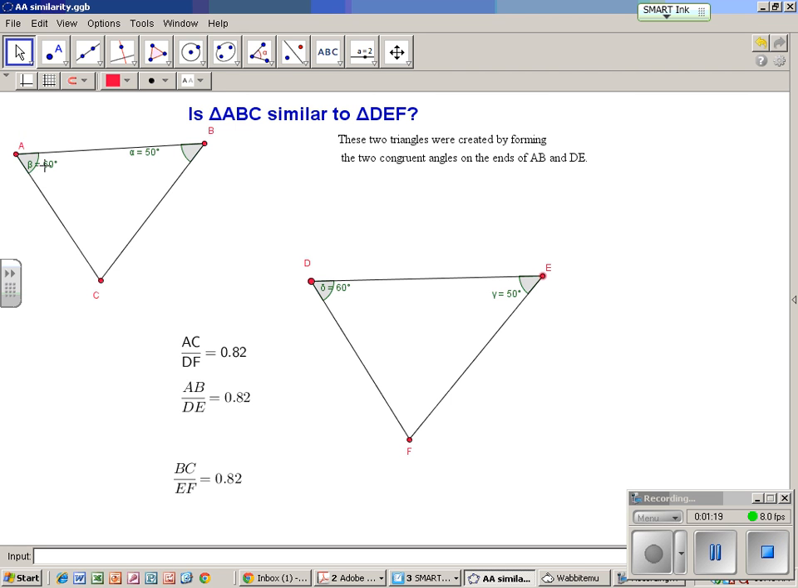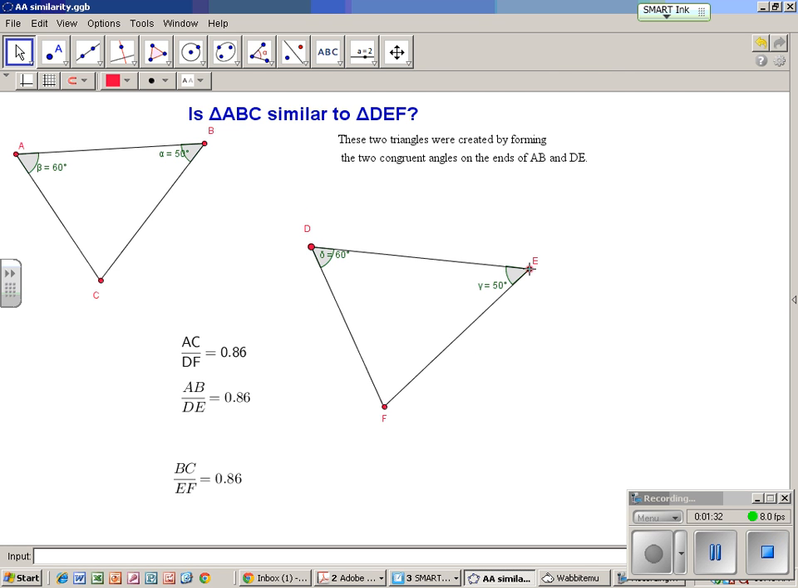For one, I just drew a segment AB, I made a 60-degree angle and then a 50-degree angle on the other end of it. Where those angles met, that's our point C. Did the same thing for segment DE. 60-degree angle on the left side, 50-degree angle on the right side. Where those sides met up, that's our point F. And then I measured those side lengths, and what we're looking at down here are the ratios of those corresponding